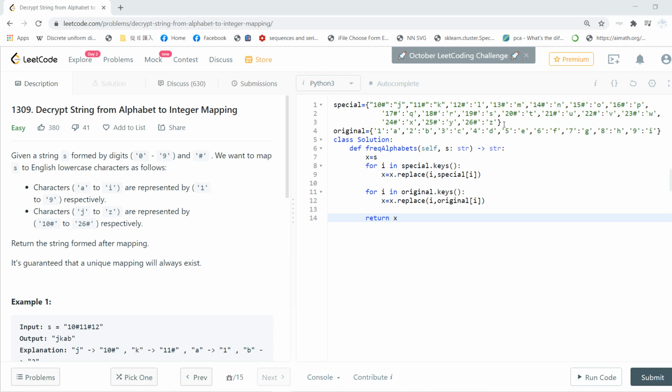So I already built this special dictionary: 10 sharp maps to J, 11 sharp maps to K, up to 26 sharp maps to Z, and the original one, just 1 to 9, maps to A to I. Originally I assign the input to s, and for each i in the special keys, special keys meaning 10 sharp, 11 sharp, 12 sharp,